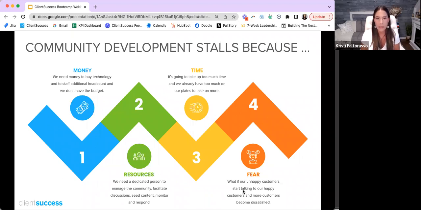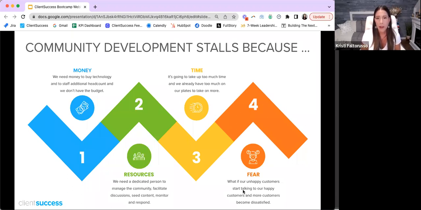Of course, you're going to need to allocate some time to it, right? So maybe some person who wants to take lead on it and who wants to be driving it, take ownership of the initiatives, but you don't need dedicated resources to do this. You can actually do a lot with just making and facilitating a place for the conversation to happen and then letting it happen. It's going to continue organically and almost with very little needed from your team if you do it right, if you set the right expectations and invite the right people.